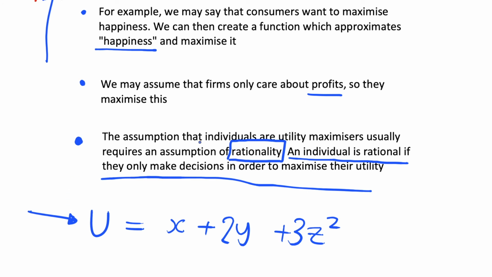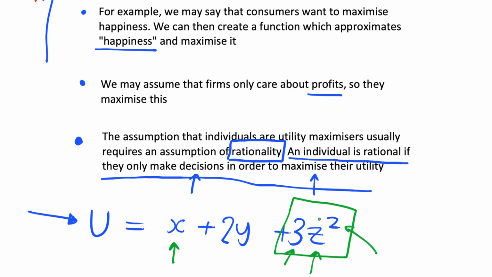But an individual is only rational if, given this utility function, they are making decisions which maximize their utility. If this consumer is given a choice between 1 unit of x or 1 unit of z, well, they're going to choose this unit of z, most likely because this is multiplied by 3 and it's squared,